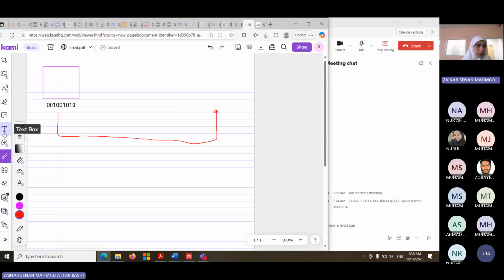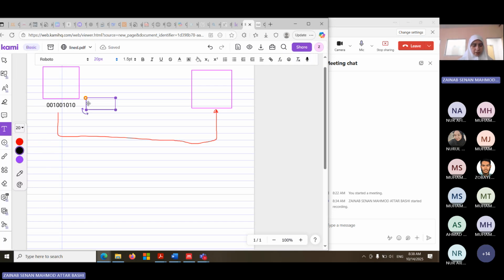Now, another device on the other side is receiving that message. What does this 001001010 mean? For computer 1, maybe it's trying to say send me a picture, or send me text, or send me the email. Could be the first. It is, of course, not that complicated, but just to simplify the idea, the first 3 digits mean send, and the other digits mean email.